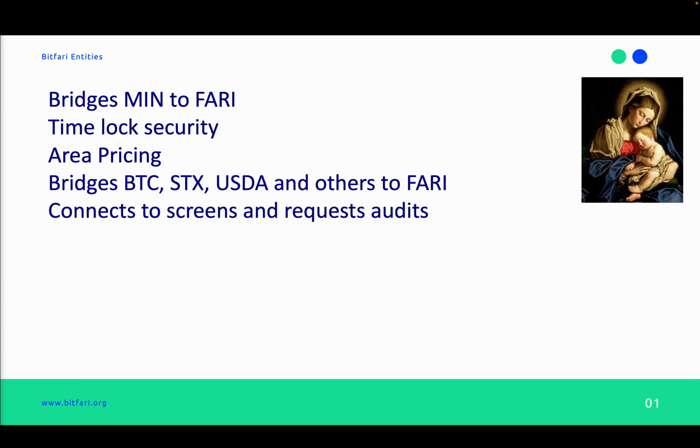We also have multiple treasuries, so we don't keep all the money in a single account. Every single network has a different account. So in that sense, the design of Bifari makes it impossible to hack. We have bridges to BTC, STX, USDA, and other coins, so if people choose to get paid in BTC, then we just take the mint tokens, exchange them for Faris, and then we change it to BTC, and then we pay the people.